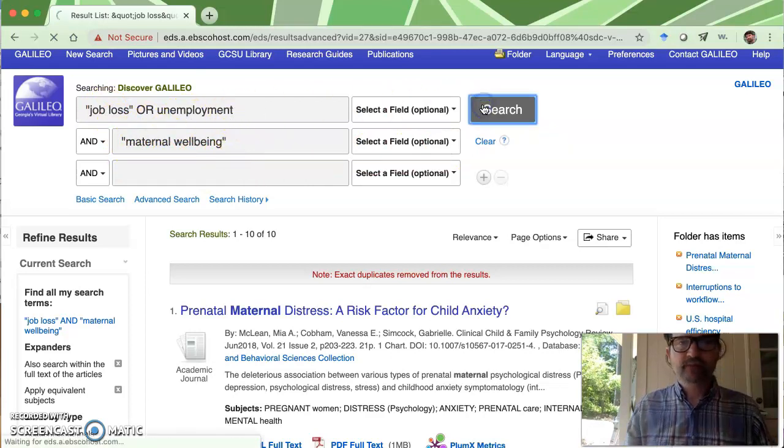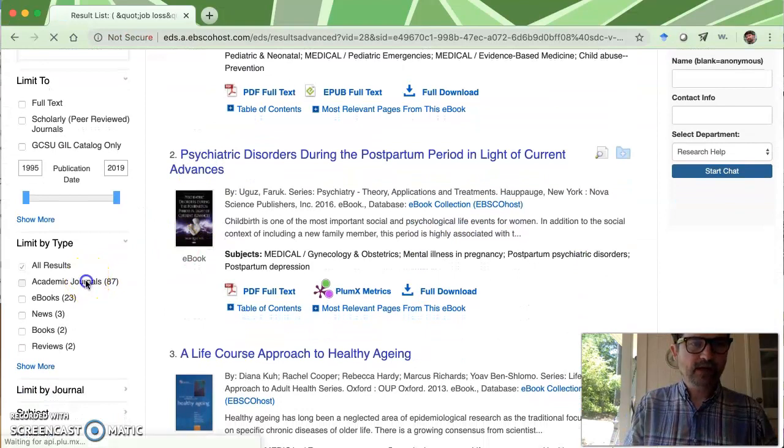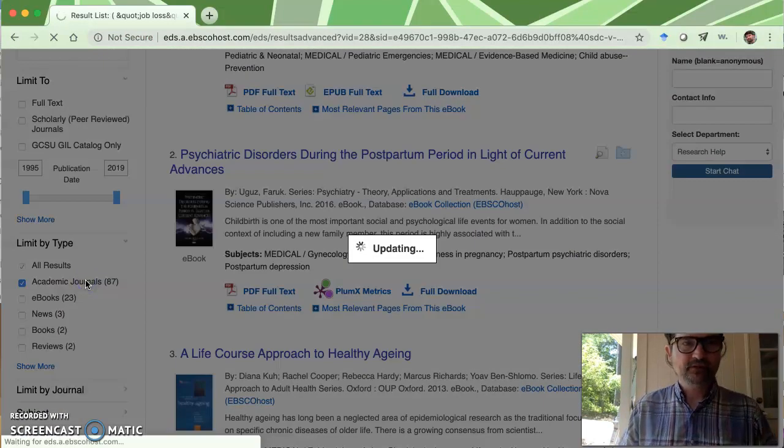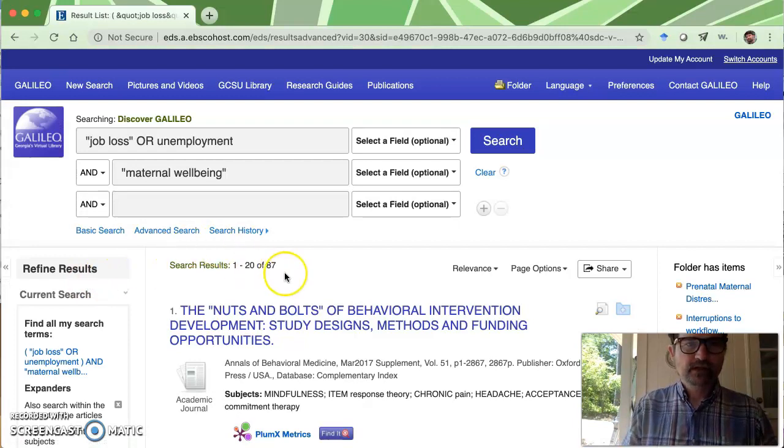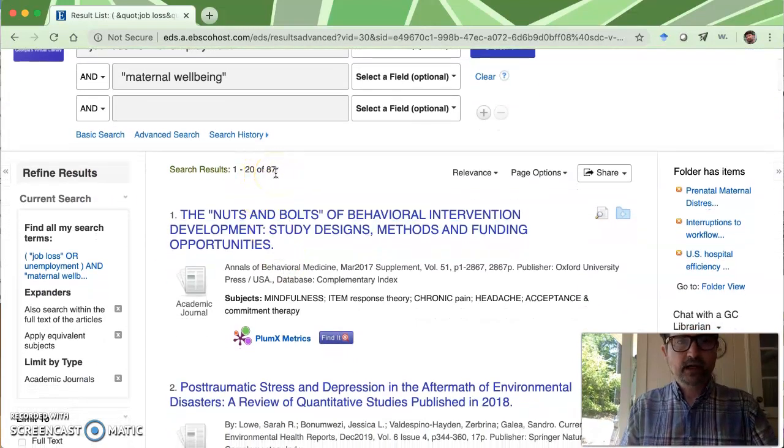So when we search that, the numbers should go up from 10. So add back, remember, we have to add back the limits if we do any changes up top. So now you notice that we went from 10 to 87. Now if we look at